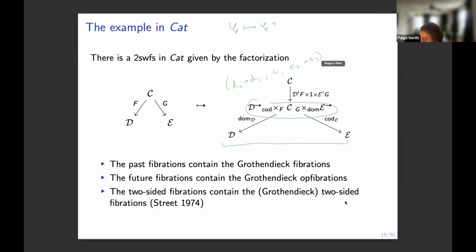So this arrow is living in D, this arrow is living in E, this object is living in C, and